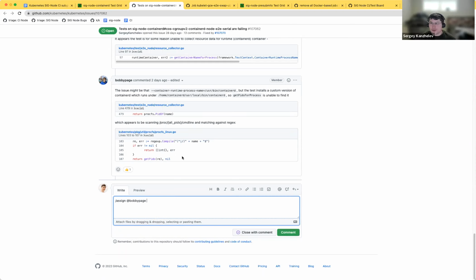Yeah, I looked at this comment and I didn't dig deeper. Does it mean that we detect the containerd PID improperly on all tests, or is it just specific to this one? I think this test is specifically installing a custom version of containerd in COS. The other ones I think are using the built-in version, except I think there's one job that's also using the master version. So depending on whether it's installing a custom version of containerd or just using the built-in one, this might work or might not.